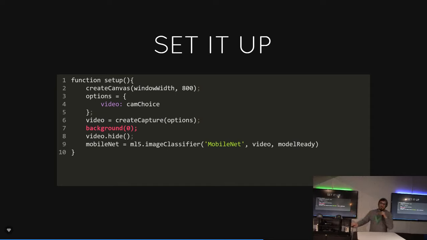I create a canvas so I have something to cast the video onto and get from. My options are cam choice, and I determined that by the width of the screen, so everyone should have got the back cam on their phones if it worked. That's my cam choice, and that again is a P5 thing. The video create capture now asks the question, can I use your camera? Everyone has to give that permission. I hide the canvas because I don't want you to see it, I just want you to stream.